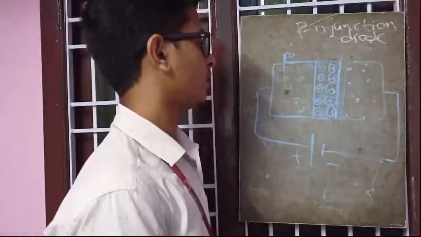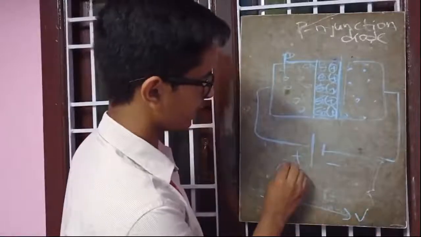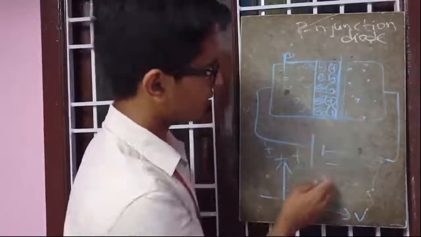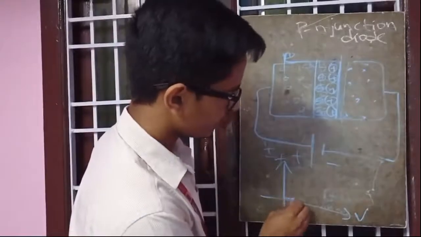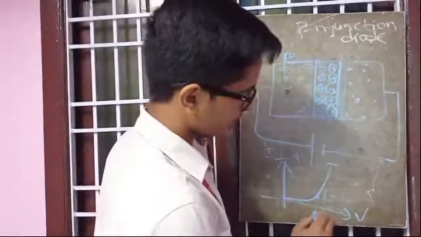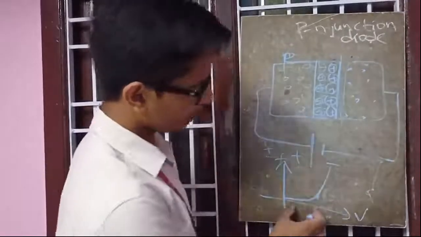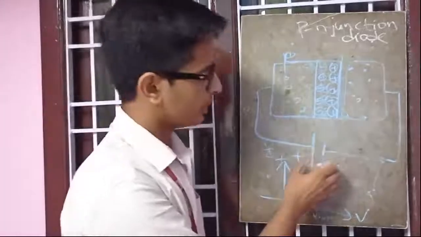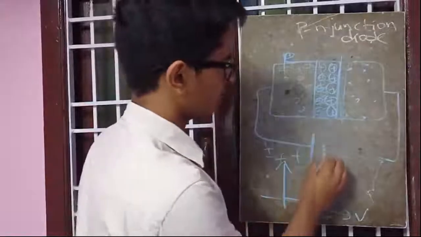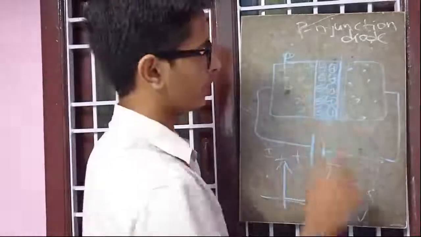In forward bias, if you draw the characteristic curve, forward voltage V and forward current IF, see, up to a point there is only a small increase in current, and at a point suddenly the current increases exponentially. This is called the knee point, and the voltage at this point is called the knee voltage. Up to the knee voltage, whatever voltage we apply is used to suppress the potential barrier. At the knee point, the voltage supplied will totally suppress the potential barrier, and the barrier will become zero.